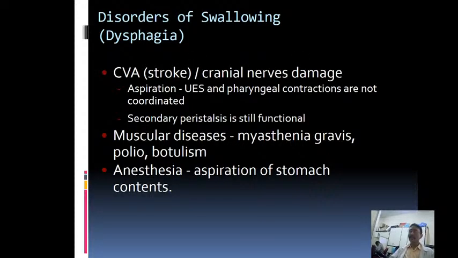Then let us see some of the disorders of swallowing. Now, what is a disorder of swallowing? The disorders of swallowing, or inability to swallow, can be to a mild extent or to a major extent. Major inability to swallow is complete loss of the ability to swallow. The swallowing reflex, or the deglutition reflex, is lost. As a result, when there is a complete loss of the swallowing reflex, the patient is unable to